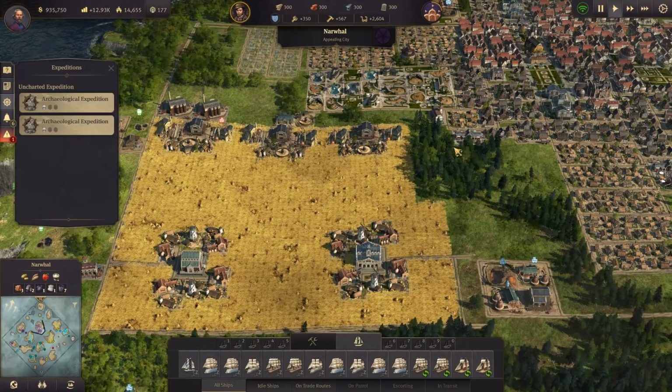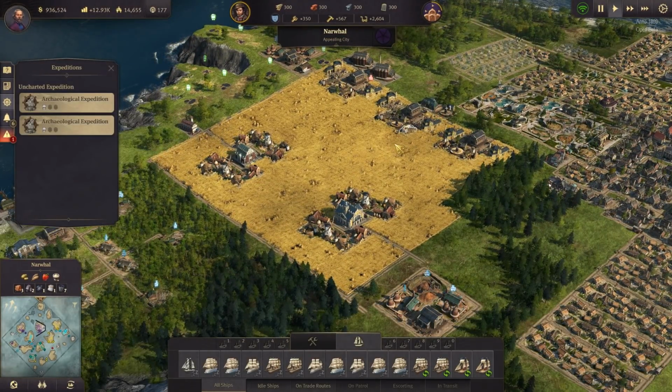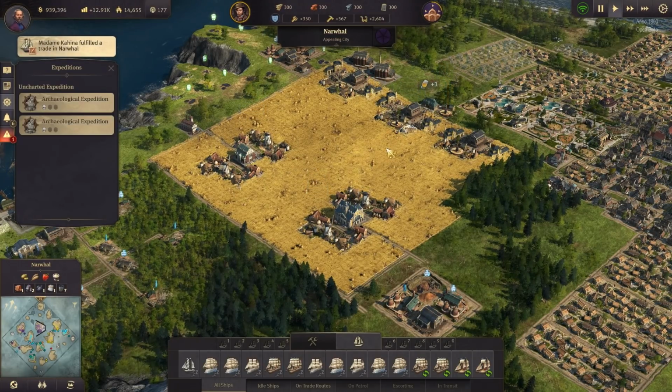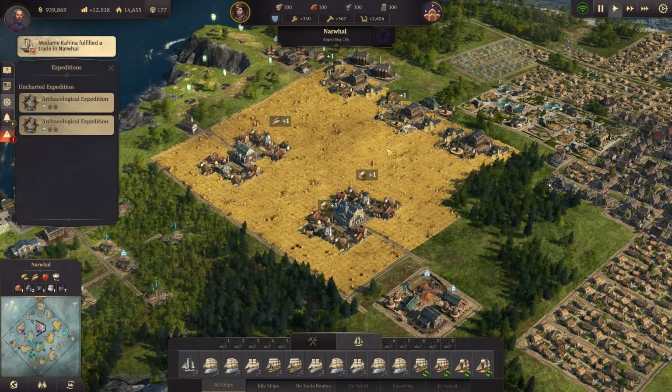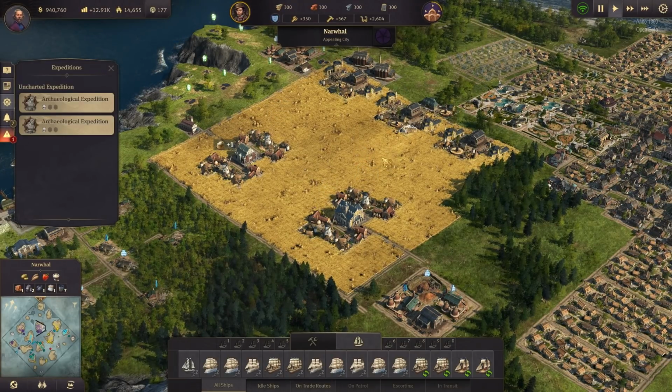Now, ladies and gentlemen, welcome back to another guide on how to put a layout on a production chain in Anno 1800. Just so you know, this is a basic layout. We're probably going to try to do bread today. This is the basic layout, which means it is not going to take into account the trade union